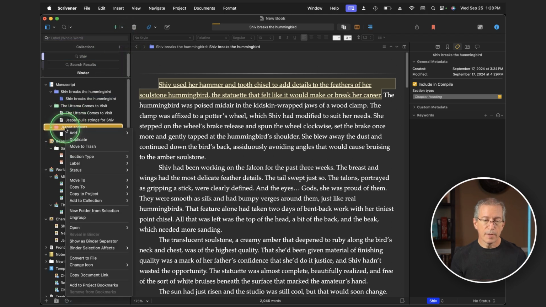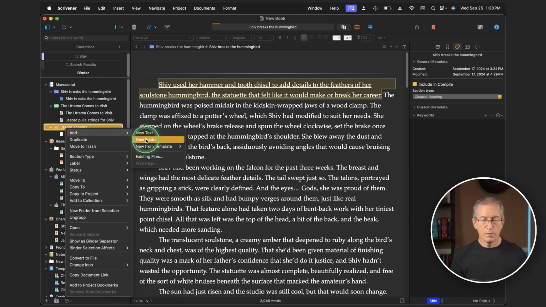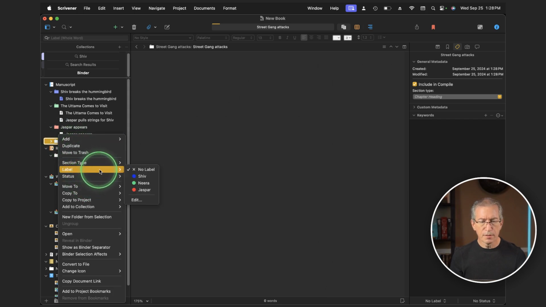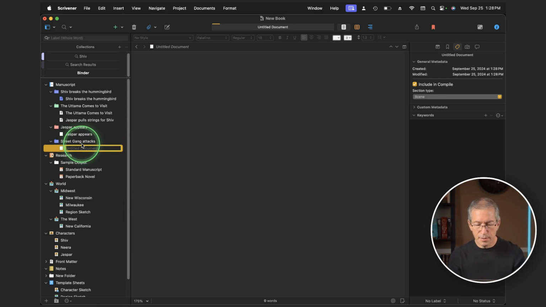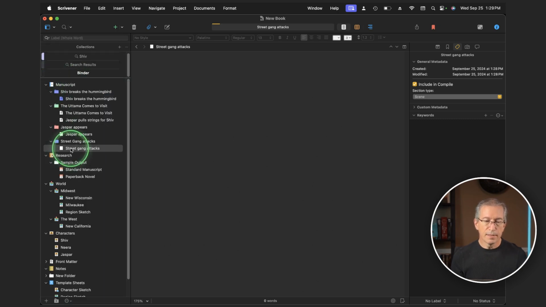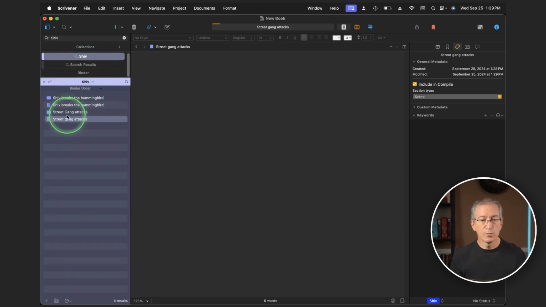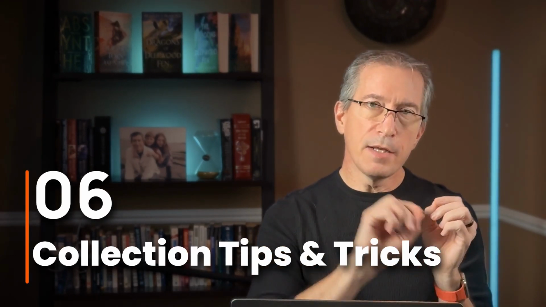And similarly, if I add a brand new chapter, so I'm just going to add new folder. And maybe this is Street Gang Attacks and it's Shiv's chapter. And if I go here, change the label again to Shiv, we can see that it doesn't have one and that's why it's white. If I click Shiv, it'll change that to blue. I can again add a new scene. So if I go back to this dynamic collection, we can see that all 3 of those are in there. If I add now this one to the Shiv label, go back to the dynamic collection, we can see that it's there. So what happens in the end is I have all of my chapters assigned to a specific label,